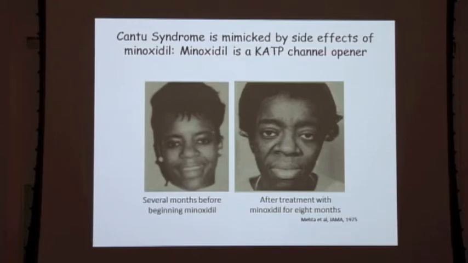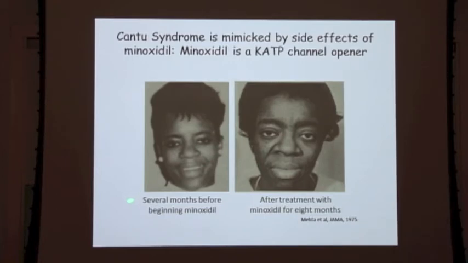And we always knew that minoxidil is a potassium channel opener. We knew that it caused hair growth, but we never knew really why it causes hair growth. Here's a case report from a very old paper, which when you start looking through the literature, you find lots of case reports of overdosing effects of minoxidil and other potassium channel opening drugs, which were under development 40 years ago as antihypertensives, and some of them are still used clinically in acute settings where blood pressure is going through the roof. And if you give these drugs, they lower blood pressure, and they do it through the mechanism that